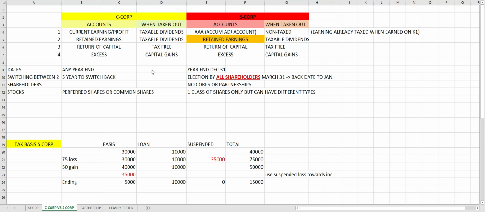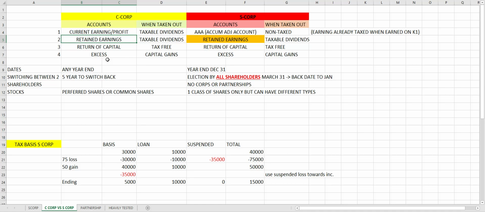So this is R5M1, the difference between a C corporation and an S corporation. When it comes down to it, C corporations and S corporations are very, very similar. There are four accounts, so after you've accounted for your income and your expenses, you get down to the current earnings / profit,